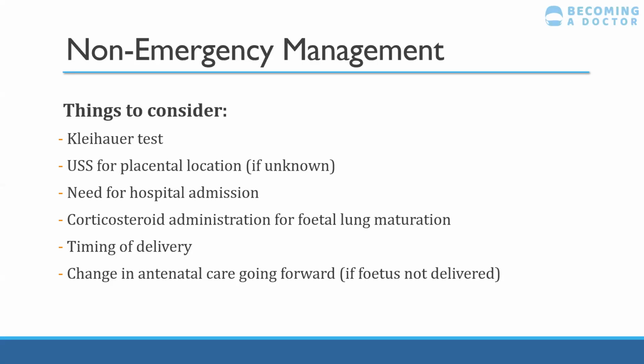Corticosteroids, so you would have a think about this, just because corticosteroids help with respiratory distress syndrome, mortality in the infant, and they also help with intraventricular hemorrhage in the infant if it's at high risk of being born prematurely. So anyone who has bleeding, who you feel is at high risk of preterm labour and is between 24 weeks and 35 weeks, then you would have a think about whether you would give mum some steroids to help